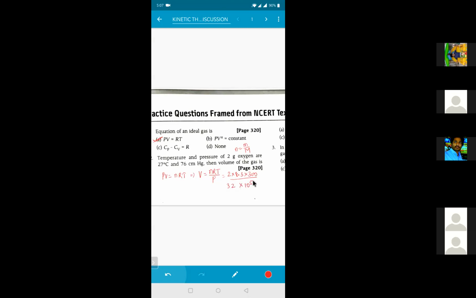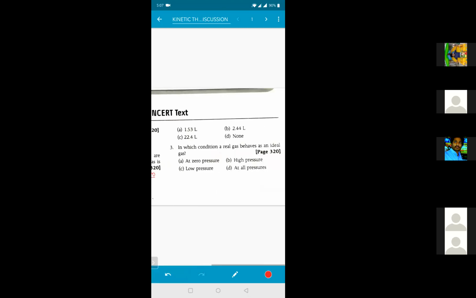So 76 centimeter of mercury column means absolute pressure. Oxygen at 27 degrees centigrade and 76 centimeter of mercury column. That means he has given me the height. Pressure will be equal to h rho g. That is approximately how much for me right now, beta? 2 grams is given. So the number of moles I can write as mass by molecular weight. Mass I have taken 2. Molecular weight of oxygen is how much, beta? 32. And atmospheric pressure will be equal to 10 to the power of 5. So you can just check with the calculation. You will be getting the answer related to this question. I've already sent the key. You can just cross check it.